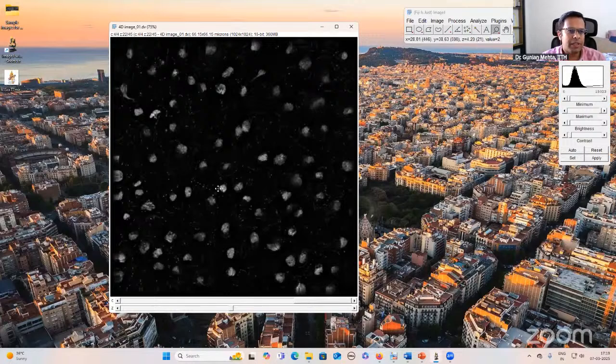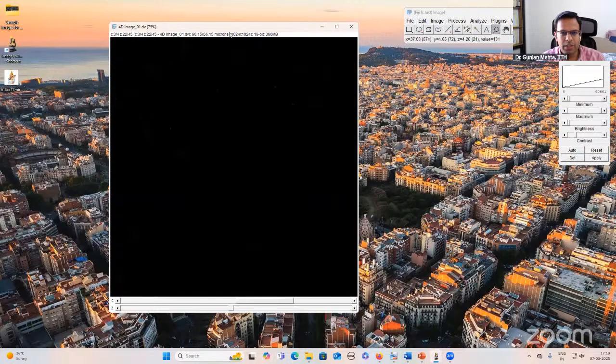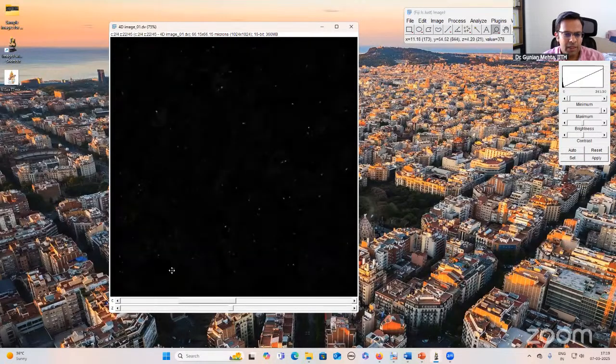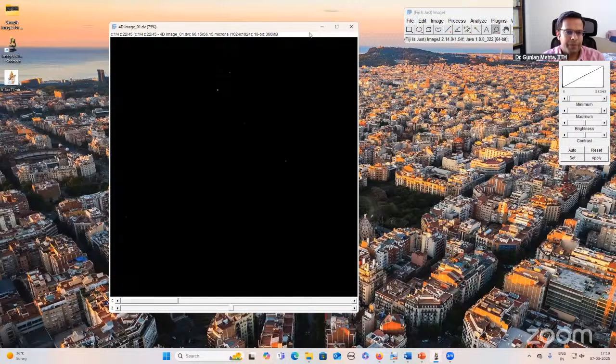So I brought this scroll bar to the middle, and now I can see my signal. Now I am seeing this fourth channel, which is currently active. I can go back to the third channel, second channel, and now I can see some signal here and there, right? And the first channel.